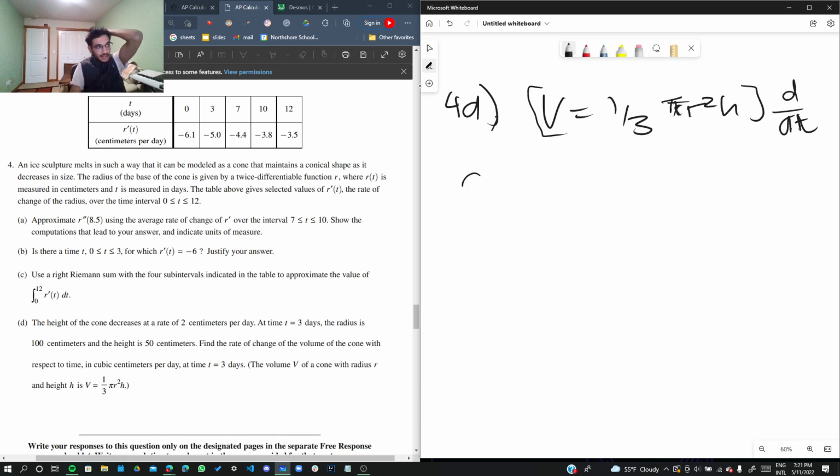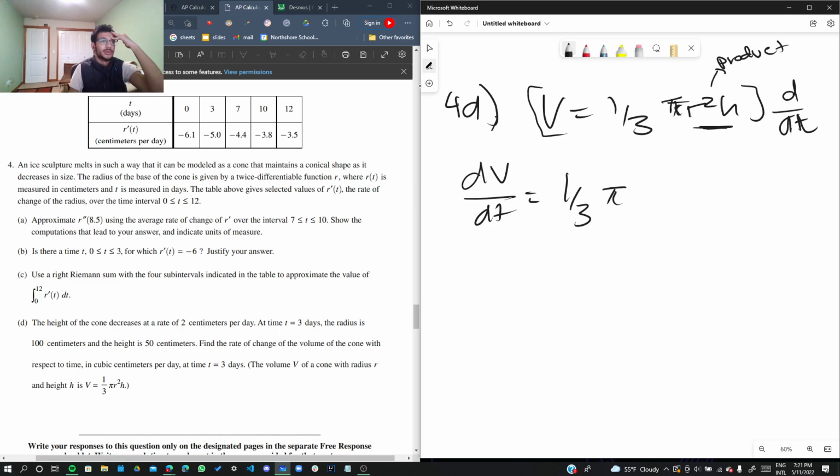So then the left-hand side is dV/dt, and on the right-hand side we have this 1/3 pi, which is a constant. And then we have this r squared h business, and r squared h is a product, so we can use the product rule. So we take u prime v plus v prime u. So u prime is, for r squared, 2r. But remember, we're taking the derivative with respect to t, so because of chain rule, it's dr/dt times h, plus v prime, which is dh/dt, times